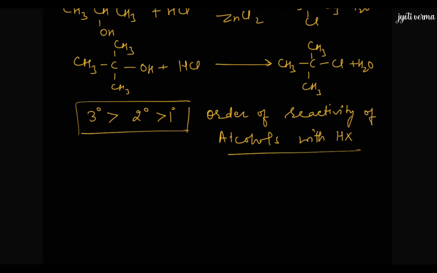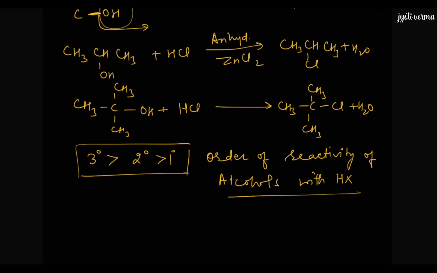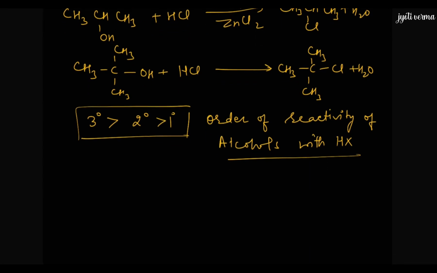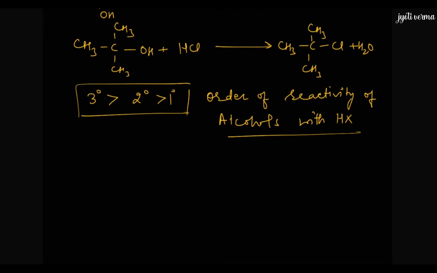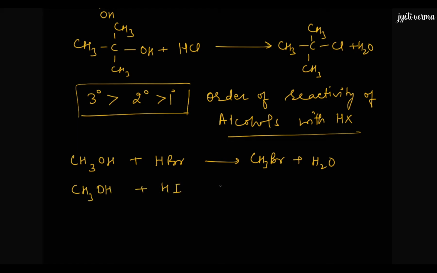Now moving to the next. Now what if in place of chloroalkanes we are supposed to prepare bromo and iodo? Then what to do? Say for example, if we are supposed to prepare the bromoalkane, then in that case we will simply heat the alcohol with HBr and we will be getting the corresponding alkyl bromide. And if we are supposed to prepare alkyl iodide, we will be doing the reaction of this with HI and we will be getting RI, or because here we have taken the methyl group, we will be getting methyl iodide easily, right? So that is how we can prepare it.